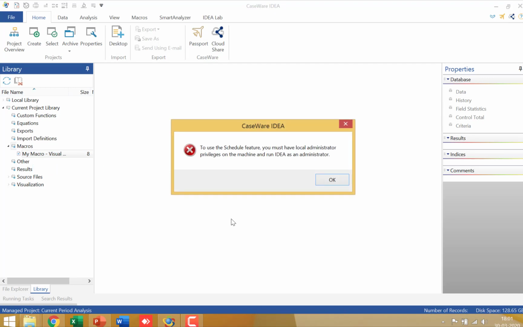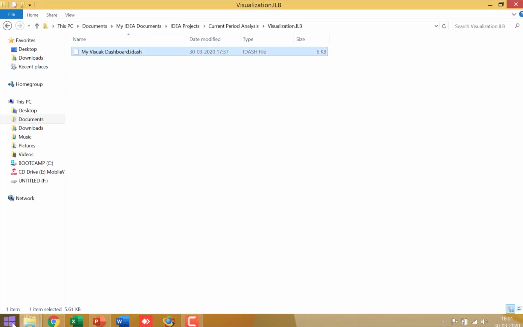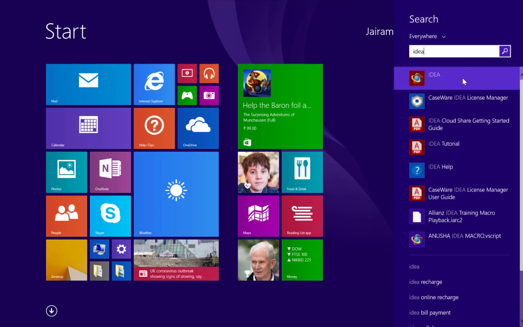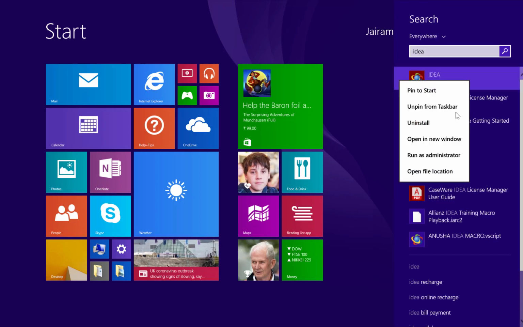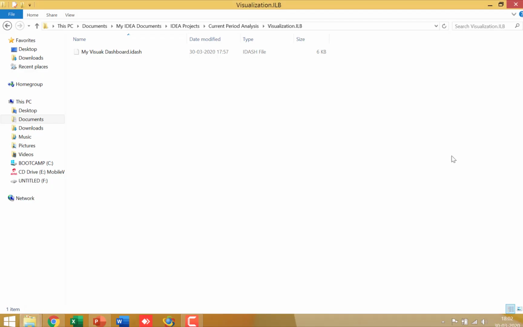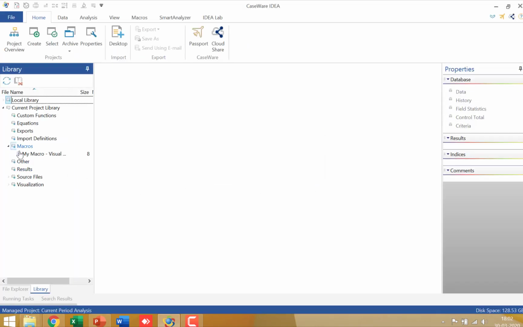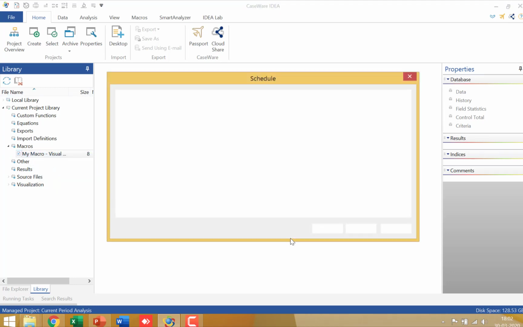Now notice you will get a message like this, and this is an important troubleshooting point for us. You can only schedule it when you run IDEA as an administrator. So let's close IDEA. Let's go into the search box in Windows. I can see IDEA come up within the search box, and I'm going to click on IDEA, run as administrator. This ensures that you are able to schedule the macro. I go back to the same view, choose the macro, schedule, and now you see I'm able to open the